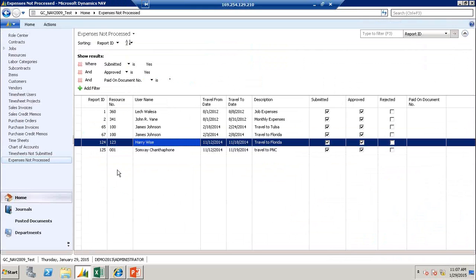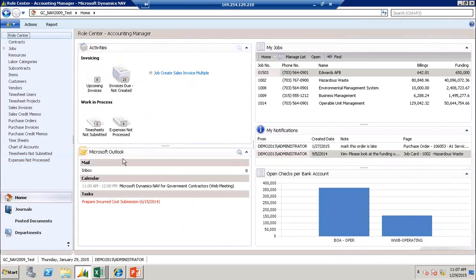In a little bit, we'll get into the time and expense entry part of the system to show how that workflow starts. But it's all fully integrated, so I don't have to ever re-enter information. You can also see different areas like the integration with Outlook, and the My section, where, whether it's my jobs, my customers, my vendors, it's a way that you can manage a subset of a master list. If you're a program manager or project manager, your security can also define which list you can see. So it helps you to reduce the subset to just the projects the people that manage them should have visibility